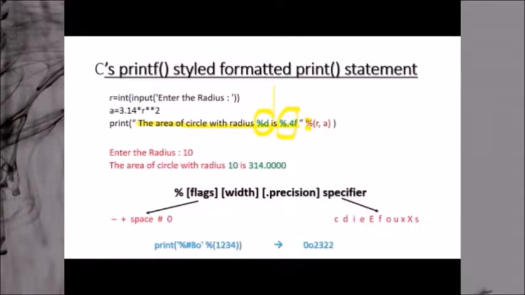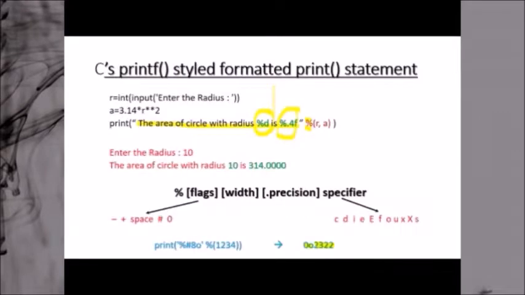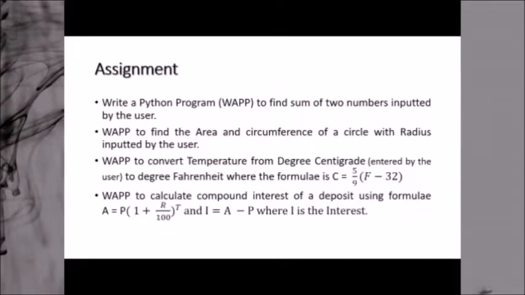So you know how an octal number is used in Python? It is preceded by 0o. So this 1234 will be printed as octal. This is the equivalent octal of 1234 decimal, and it is preceded by 0o, and the total width is 8 digits. Since by default the space is taken as padding, that's why it is not visible here, but if you use some other symbol, then that can be shown here also. So this was your print statement in C style.